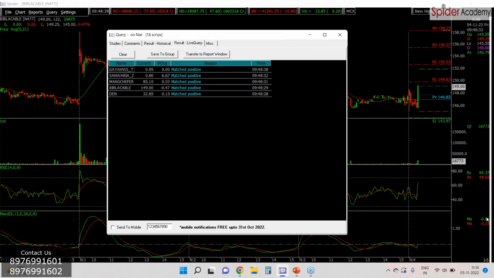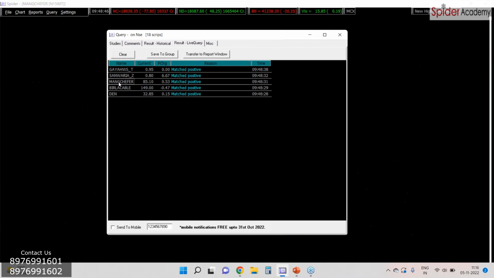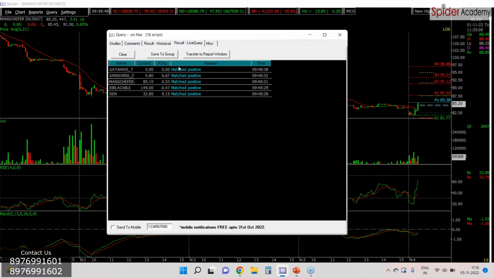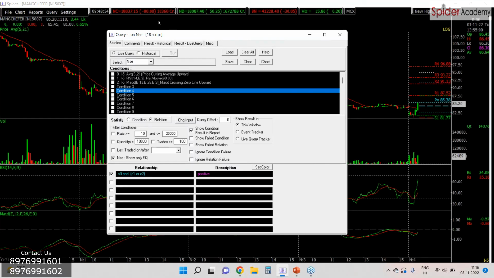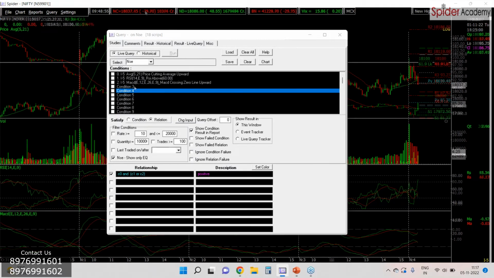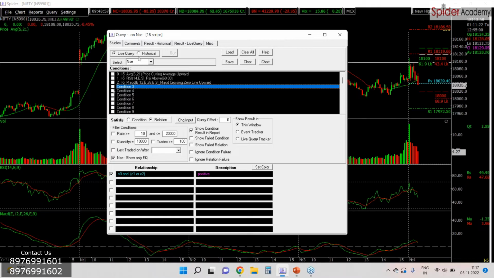And MACD is just above zero line. You can see all the conditions are being fulfilled over here. So this is my live query. I can see the live result happening over here. Matched positive because my description was positive. Go to studies again. Okay, so this is how you make a condition, and after that, if you want to combine,